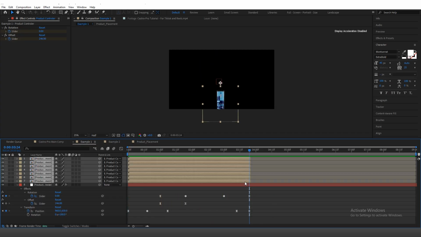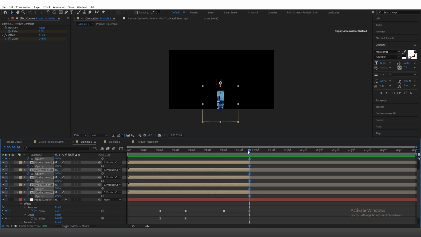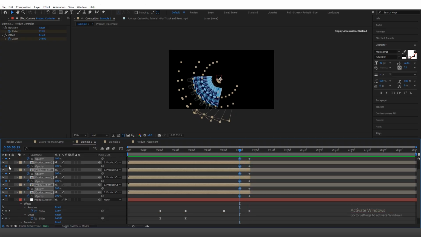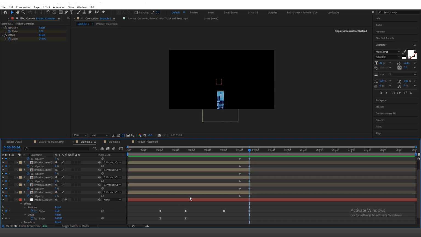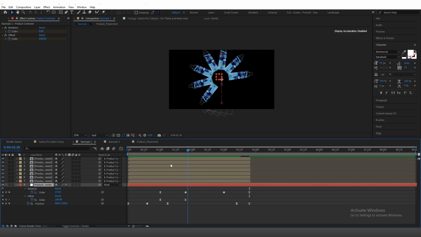So we're gonna add a keyframe for the opacity. We'll go back a little bit and also add a keyframe. We'll go forward and zero everything out. We need to do some adjustment on our